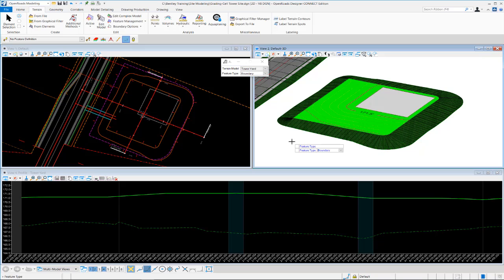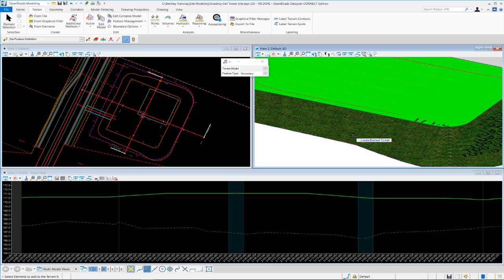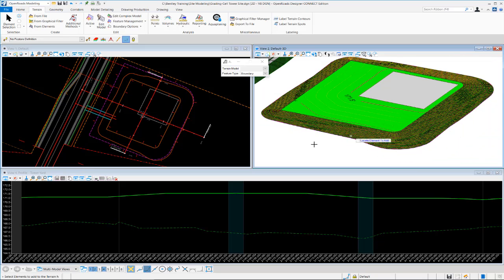We have other options that we can use for adding the feature type to the terrain. I'm just going to create this one as a boundary for now. And we're going to left click to accept. And then now you'll see the terrain model updates, and that construction limit feature has been added to our terrain, and now you can see the contours are updated,